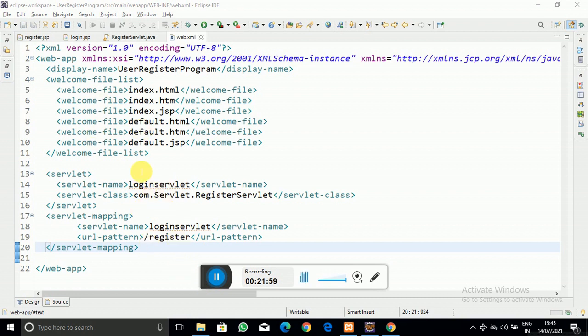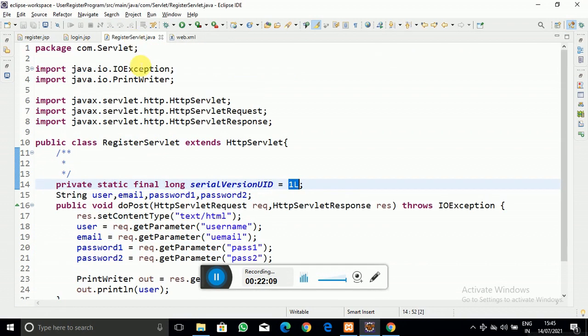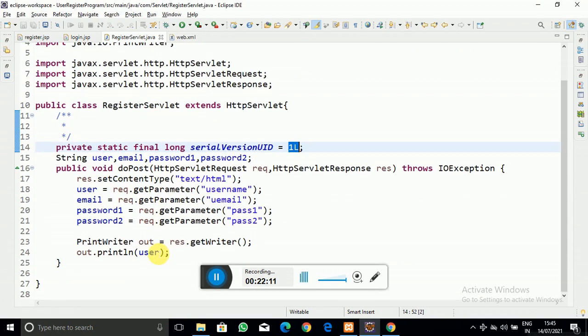Now I have successfully deployed our servlet, that is, register servlet. If all things are correctly coded, then our servlet will run, and the username which we access from the HTML form will be displayed on the browser.